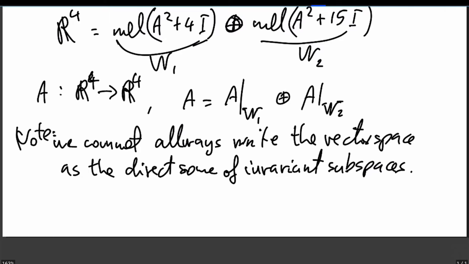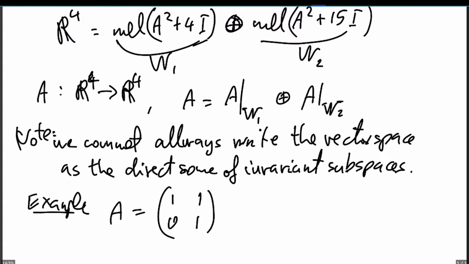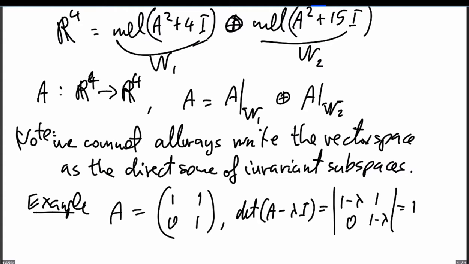If all the roots are different. But for example, if we look at an example with repeated real roots, for example, if A is the matrix 1, 1, 0, 1, then the determinant of A minus lambda I is (1 minus lambda), 1, 0, (1 minus lambda), and this becomes (1 minus lambda) squared. So we only have one repeated eigenvalue, lambda equals 1,